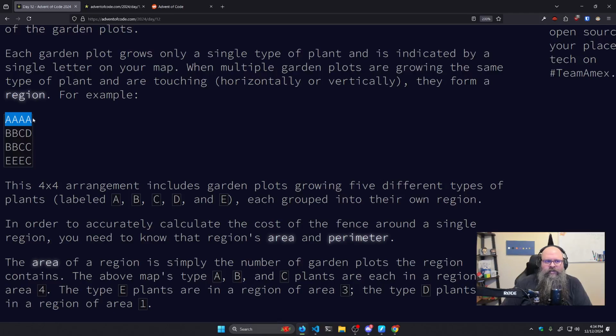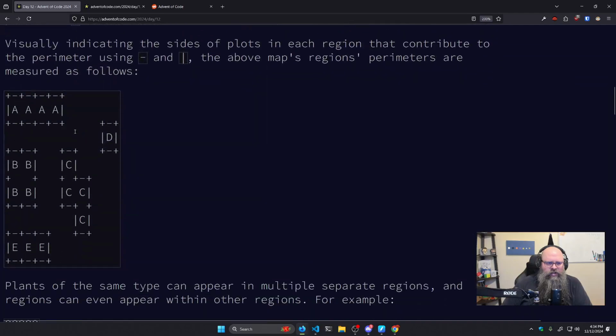If you're looking at this, I think it actually shows you. Yeah, if you're looking at it right here, the perimeter has 1, 2, 3, 4, 5, 6, 7, 8, 9, 10. So this A's perimeter is 10, and the way you can think about it is any A within this region